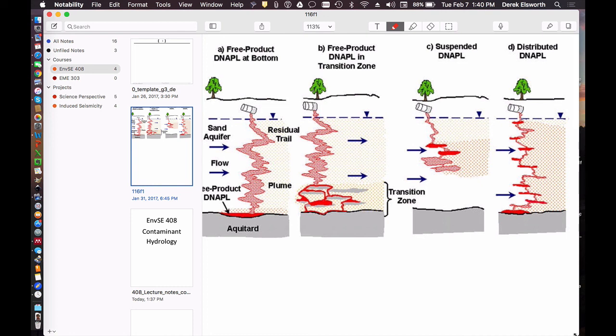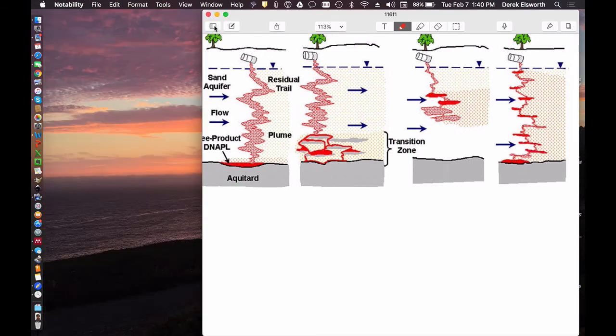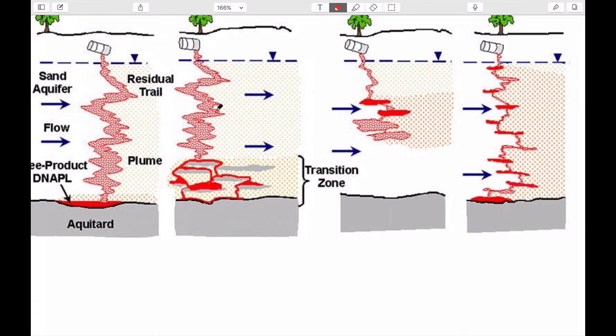When we talked about the vadose zone, it follows the same rules in terms of these two very important behaviors that we're interested in. And the two important behaviors I think that we're interested in follow pretty closely to these figures. And so just to recap before we start talking about our next part,